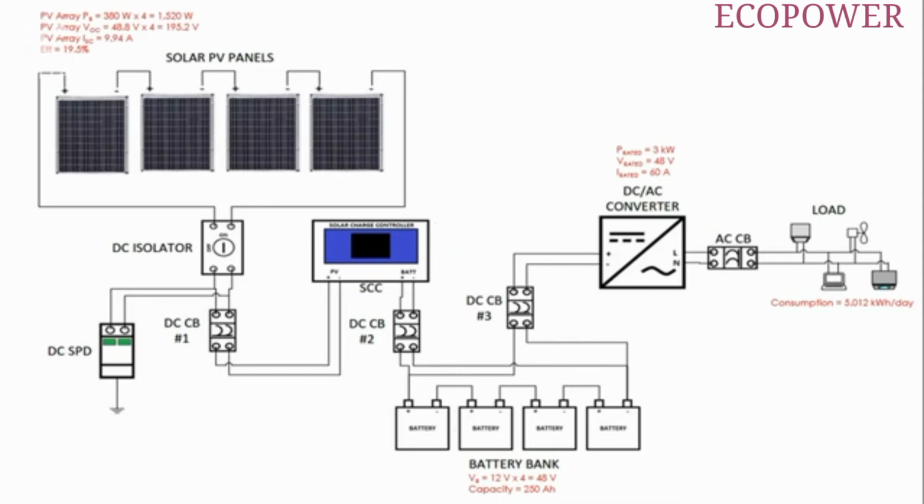So for this example, we picked an off-grid inverter that can withstand this and chose a 3 kilowatt off-grid inverter. In step 5, we have determined our solar charge controller, or SCC, based on the configuration of our solar array. Our 4 solar panels will be connected in series and only one string is needed. We calculated that the current output of the solar PV array